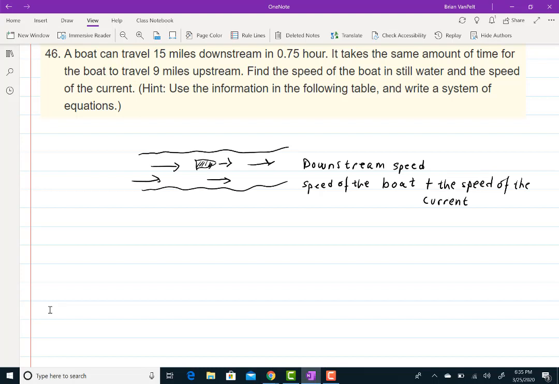That's how fast it's going to be going downstream. Now, on the other hand, going the opposite direction, here I'll see if I can draw a better boat, but I doubt it. This time, going upstream looks like this. And the boat wants to go against, it fights against that speed. So, upstream,